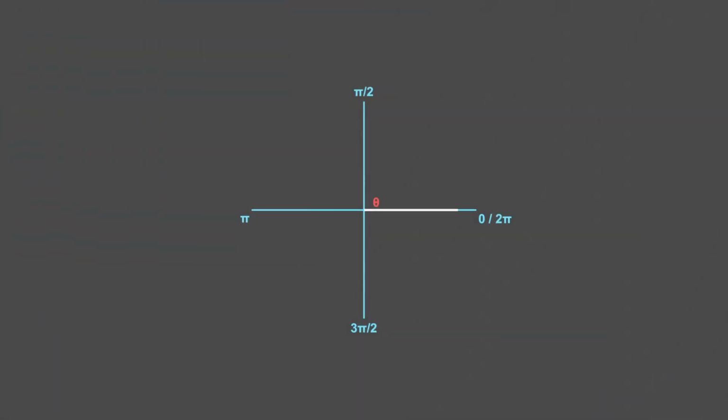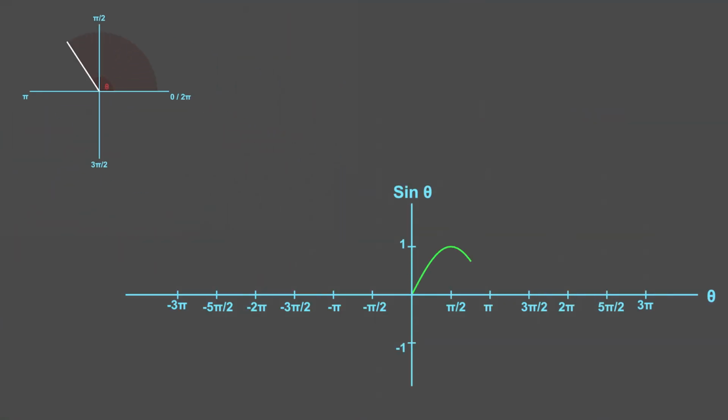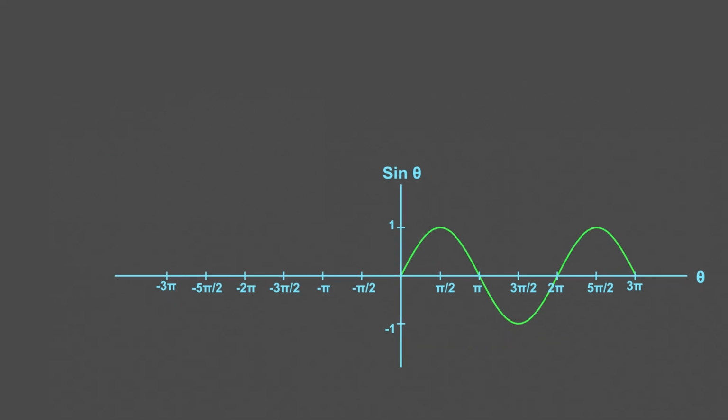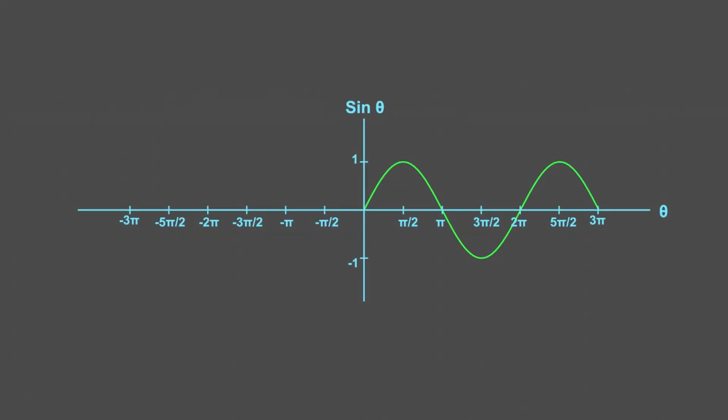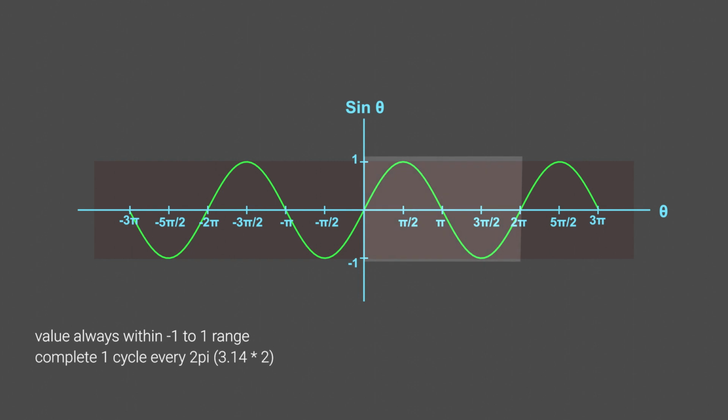This sine graph here shows what is the value of sine theta when we change the theta. Theta is the angle. When we increase the angle of theta, it will show a value that looks like a wave pattern. Here, all we need to know is these few things. Value will never go below -1 or go higher than +1. Once we complete 1 cycle of 2π, this wave also completes a cycle, which means it will reach the